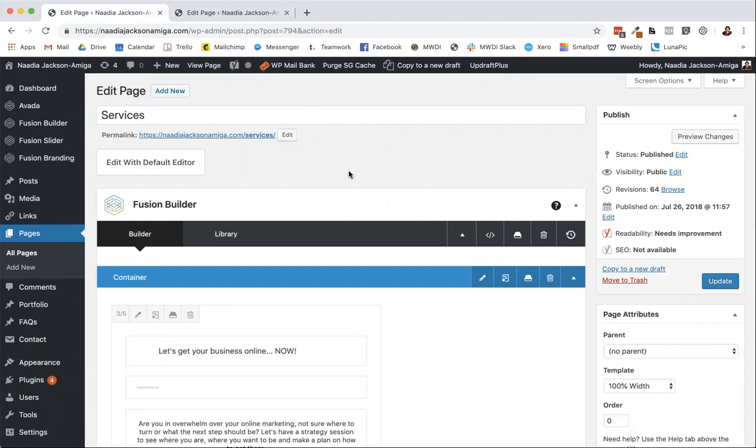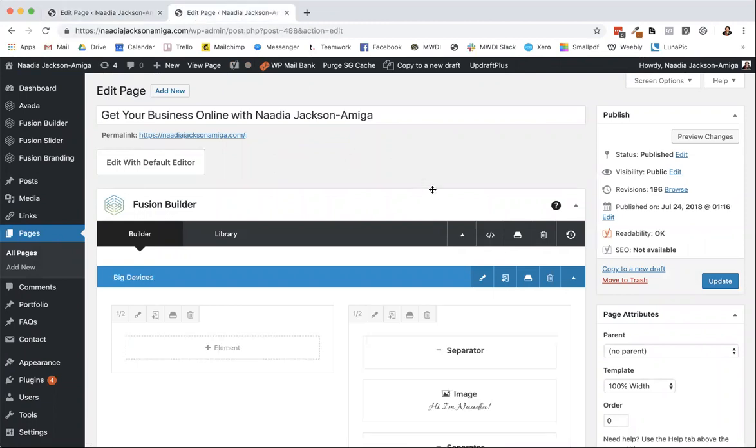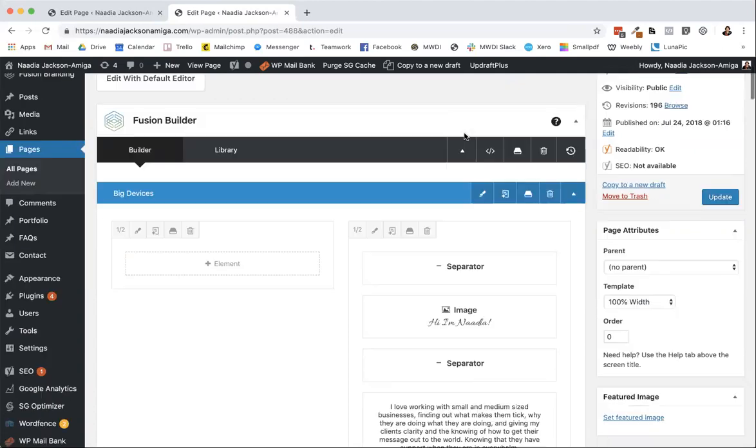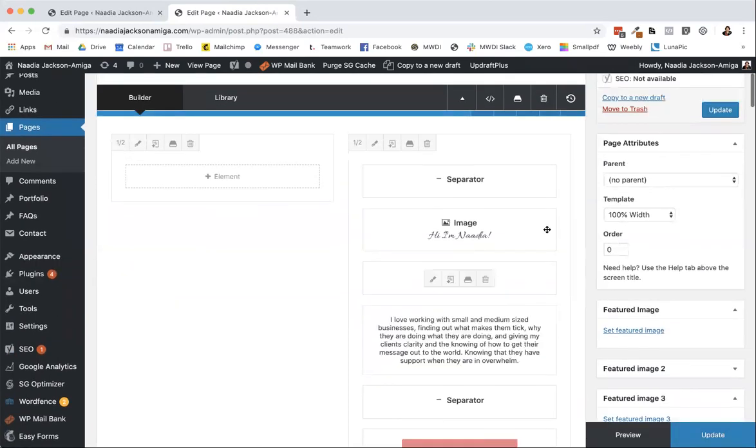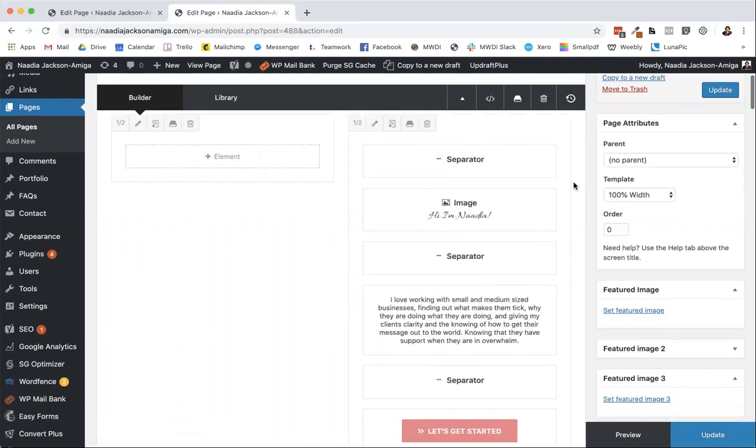Okay, so now if we look at it, this is the back end of my homepage, and this is what we're talking about when we've got containers. So we've got the container, and then in this one we have 2 columns, and this one column has nothing in it, and this one has quite a lot of information in it. Now, if you wanted to go in and update some wording or